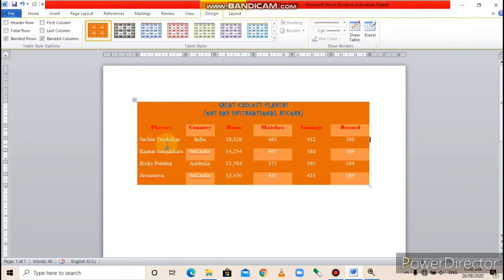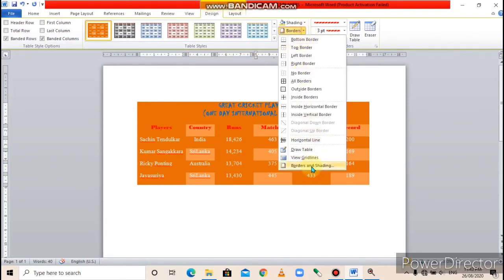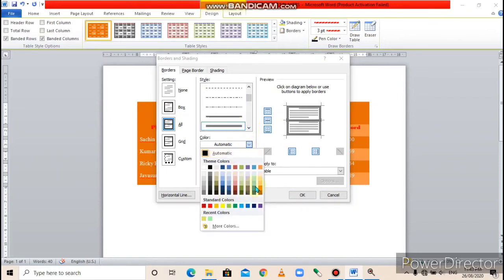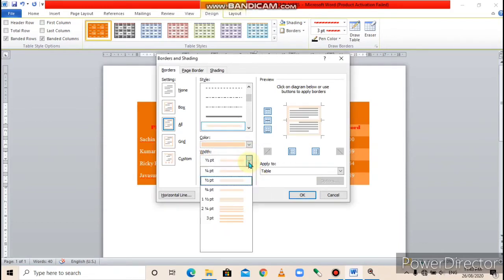To change the border, click anywhere inside the table, click on the design tab, click on the arrow under the border option, click on the borders and shading option, click the all option, choose border style as per your choice, choose color as per your choice, then you can increase or decrease the border width, and after that click OK.